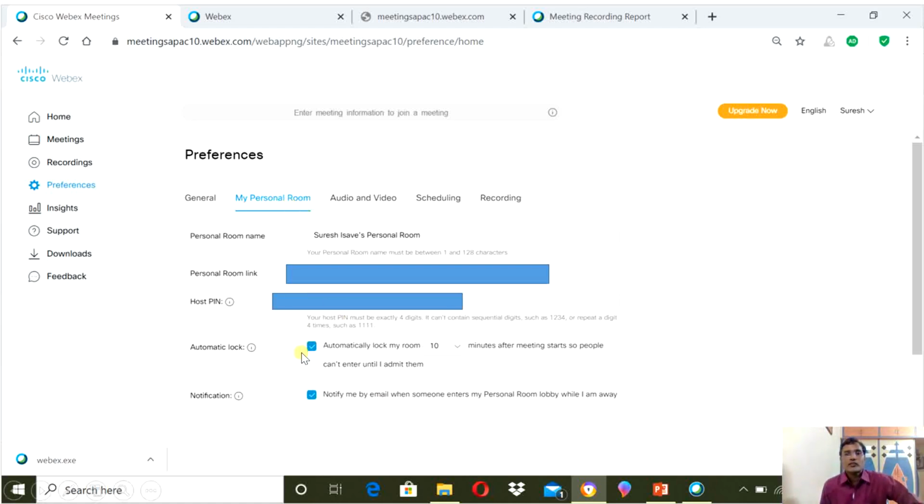So these are the personal room details. In this personal room details, this notification feature is very important. See what is written over here: notify me by email when someone enters my personal room lobby while I am away.